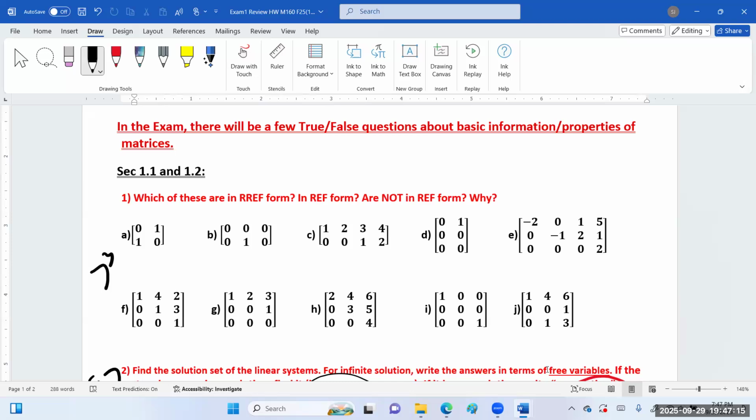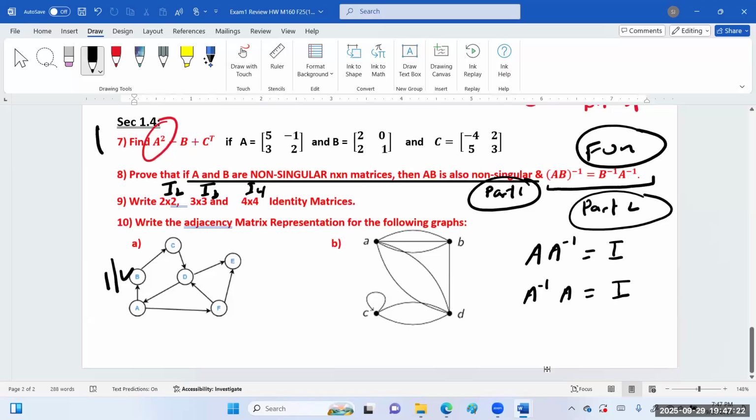I didn't make the exam yet. Based on the review sheet, you'll have at least 8, because I have at least 8 questions here. So 10 questions. So at least 10. But I'm not going to ask the proof question. Proof 1 and the identity. Identity, I'm not going to ask explicitly. I'm going to just use it somewhere probably. Okay, so the bottom line, as long as you do the review sheet very well, correctly, you're